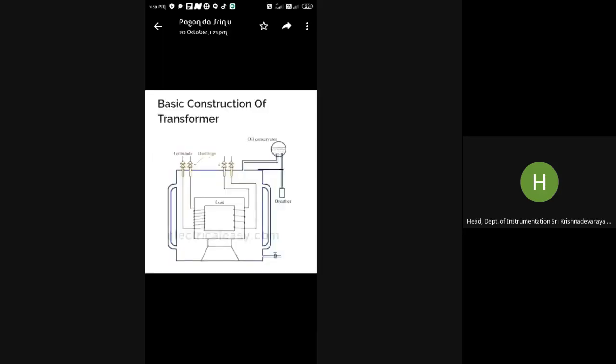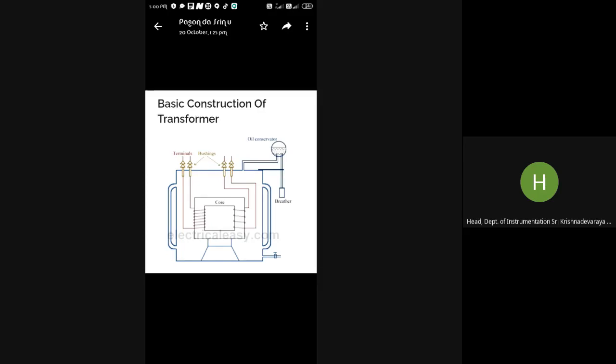Basic construction of a transformer. Basically, a transformer consists of two inductive windings and a laminated steel core. The coils are insulated from each other as well as from the steel core. A transformer may also consist of a container for the winding and core assembly, suitable bushings to take out the terminals, an oil conservator to provide oil in the transformer, tanks for cooling purposes, etc. The figure at left illustrates the basic construction of a transformer.